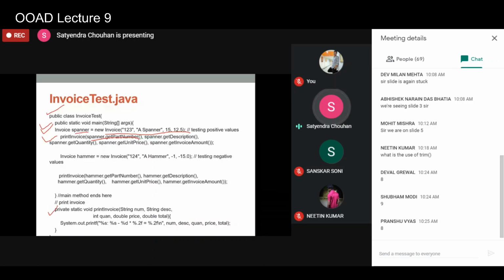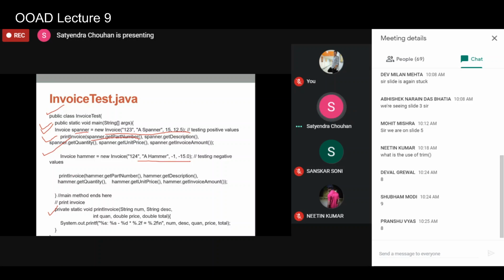Either you can directly use system.out.println and print spanner dot get part number plus spanner dot get description, and you can create another object to show whether it is taking negative values or not. The usual behavior of the invoice class you are showing in the invoice test class.